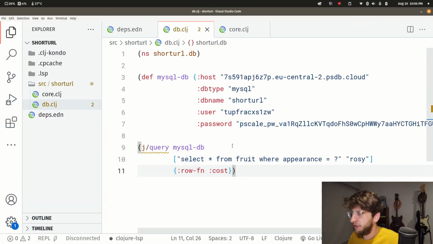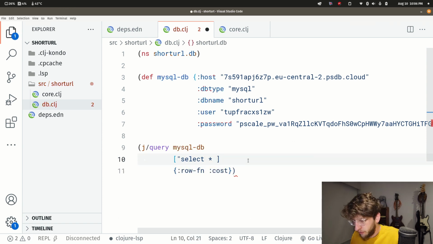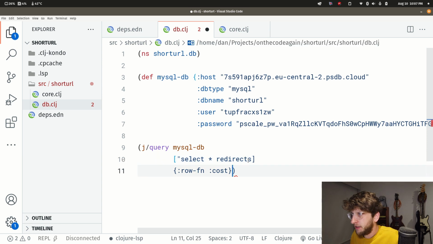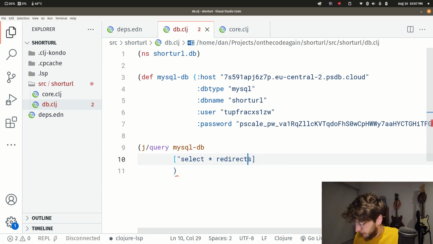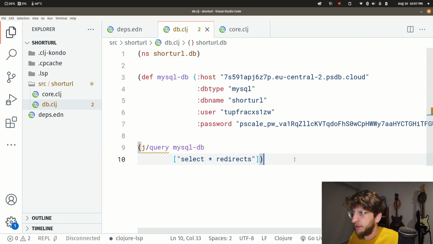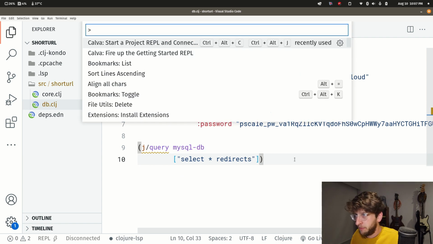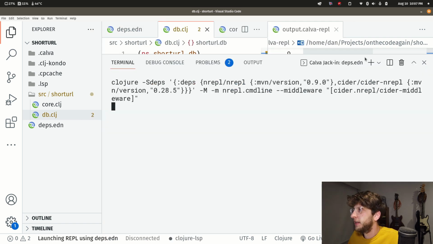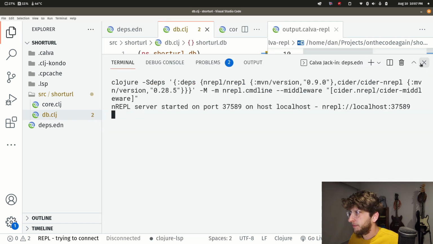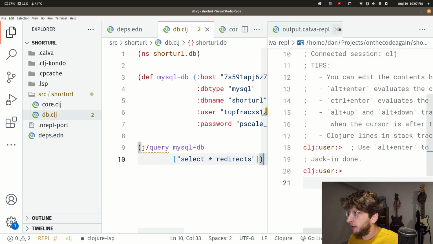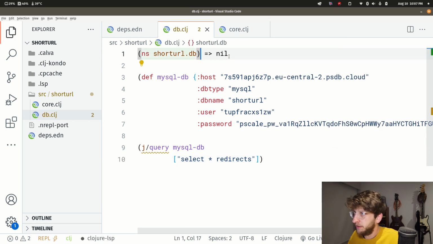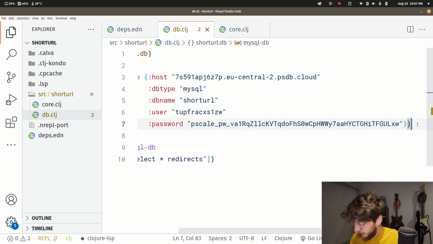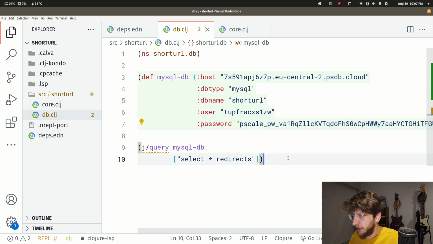Let's go back to VS Code, and from here we can select all from redirects. We don't need this. Save this. Close this off. And let's actually run a REPL. So Clojure start a project REPL, connect to deps.edn. Cool, our REPL started. Now I can load this namespace, load this database definition, and let's see if we can